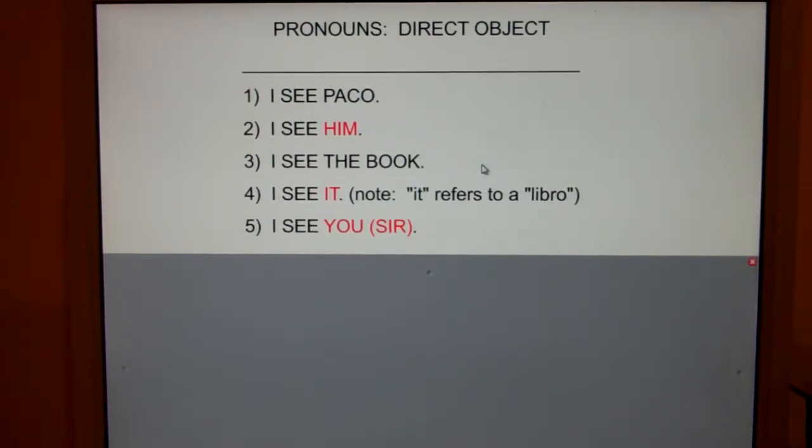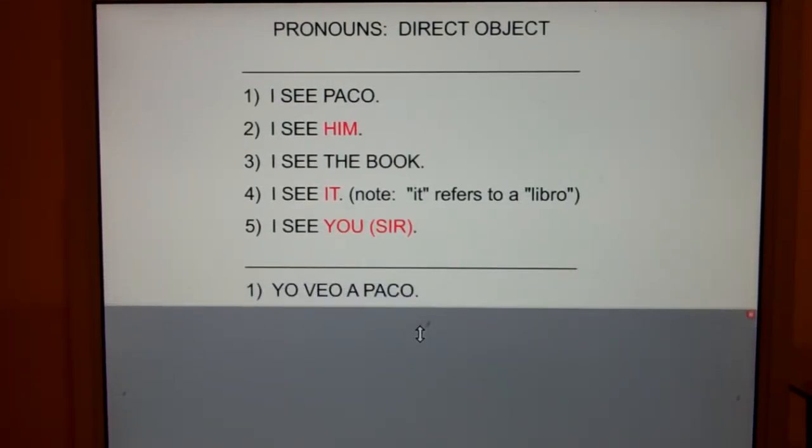How on earth am I going to remember that lo means him or it, Mr. Holt? Well, listen and repeat the statement. That was a lo thing for him to do. I can't believe he did it. Everybody, that was a lo thing for him to do. I can't believe he did it. So what's the word for him? Lo. What's the word for it? Lo.